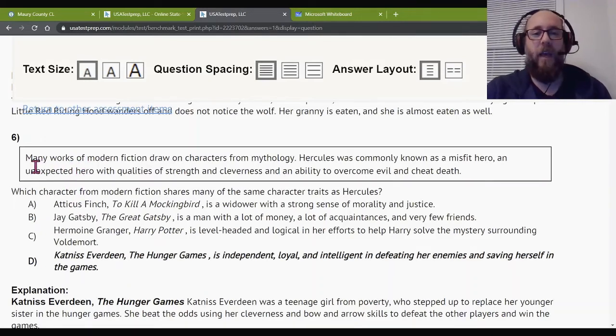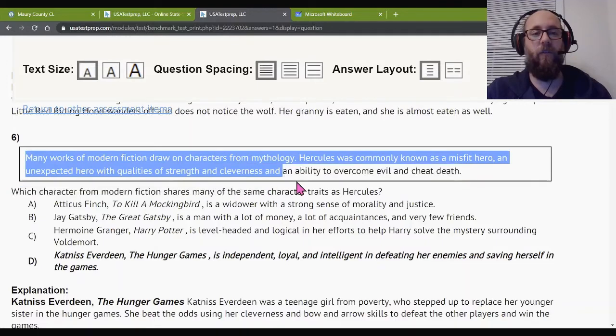So number 6. I wanted to bring this one up because I heard a lot of feedback during the test where people would say, "Hey, I don't know these movies or books. How do I answer this question?" And I understand that. On a test, it can freak you out if you're like, "Wait, I don't know what this question's talking about." But let's look at it carefully together. And I can show you that you can do this question without ever having read any of these books or seen any of the movies at all. It's just using your logic and your mind. So let's read the question.